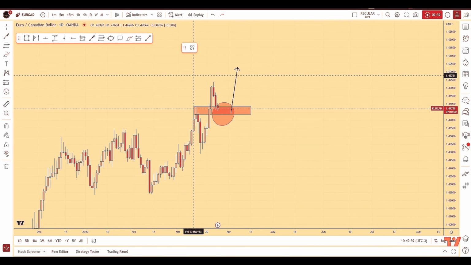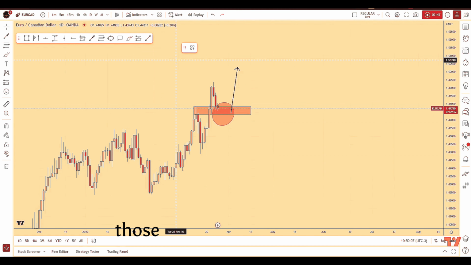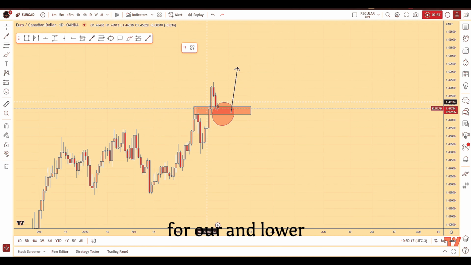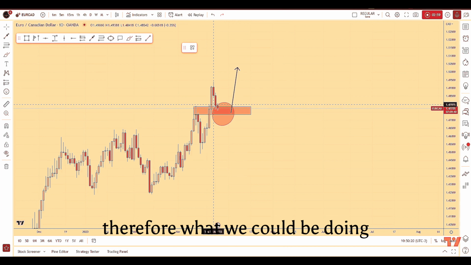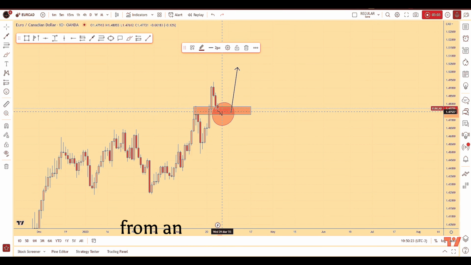So the way in which we could be approaching this is, as usual, by being reactive and not predictive. The monthly, weekly, and daily, those are the best time frames from a directional perspective. However, when it comes to confirmations and entries, the best time frames are the intraday time frames, so 4 hour and lower. Therefore, what we could be doing, potentially also with students, is monitoring price action from an intraday perspective